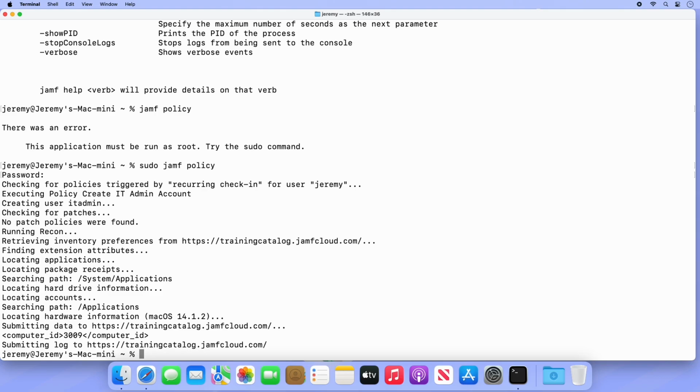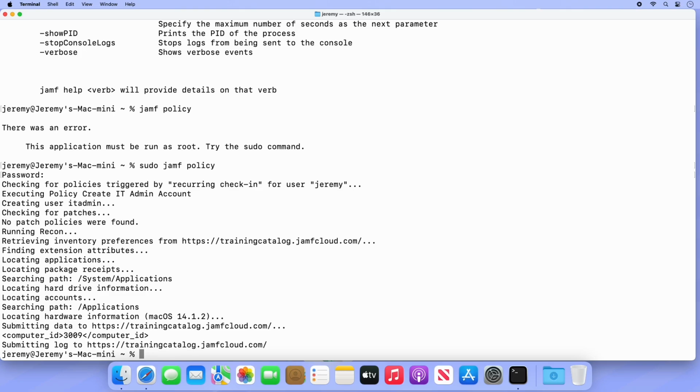Let's try another command, this time to manually send an inventory update to Jamf Pro. This command, recon, is extremely valuable and will likely be the most common command you run using the Jamf binary. Recon will force an inventory update for this computer immediately, rather than waiting for the default update inventory policy to run weekly. This exchange makes sure that A, Jamf Pro's information about this Mac is up to date, and B, any profiles, settings, or apps that are assigned to this computer in Jamf Pro are in fact installed.